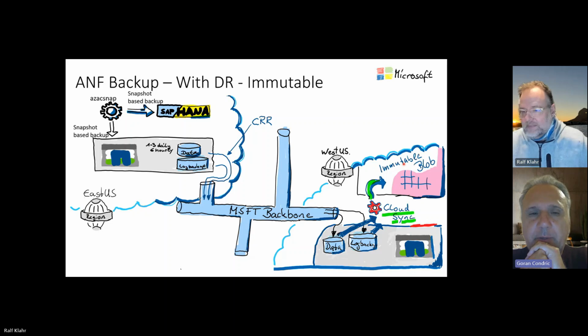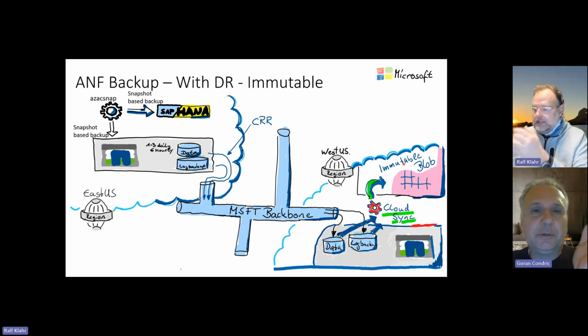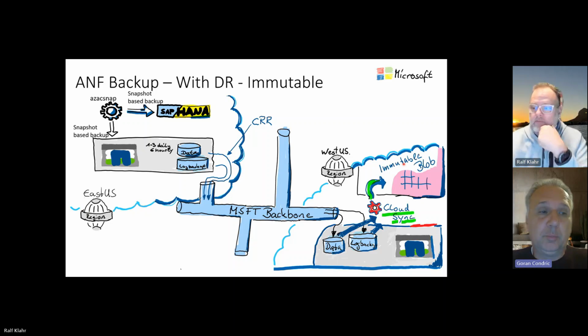Right. So I'm also thinking, is this a DR aspect as well? I know from customers I'm working with that it's important, and they are doing it, replicating that backup also in another region for their own enhanced safety, so to say. Correct. Theoretically, if the whole region goes down, you have it in another one, and plus here you're adding immutable blob, which gives additional safety against accidental or intentional deletion, right?